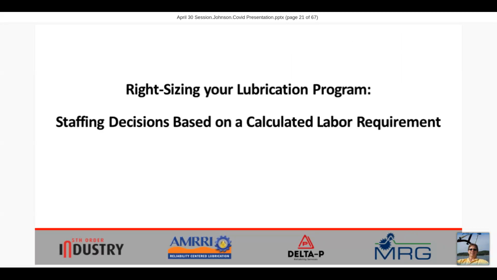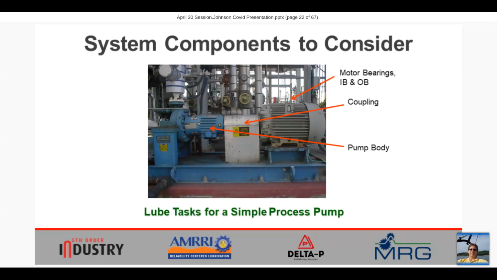And if we have a well-defined, well-delivered precision lubrication work plan, we can certainly expect to avoid those failures. So with that as a backdrop, let me step into the idea of right-sizing a lubrication program, giving us the means to make staffing decisions for our machine lubrication work plans based upon a calculated labor requirement per asset, not based upon what we did last year, the year before, or 10 years ago. Now, this is all driven by the machines that we choose to operate for whatever production unit we happen to be talking about. So consider a pump.